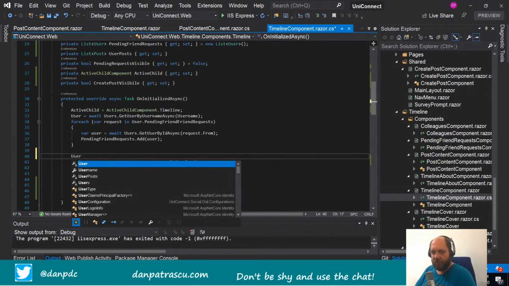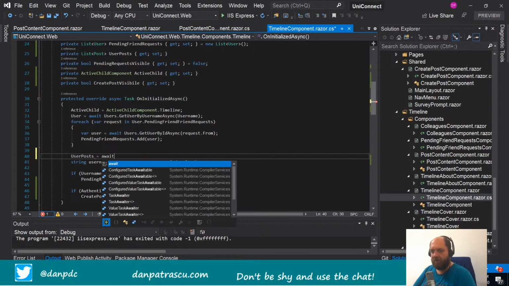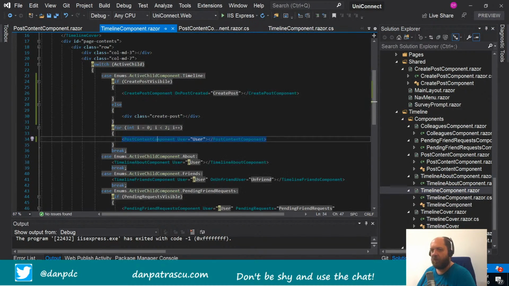So yeah, user posts equals await posts dot what was it, the get post by user ID async. And that's actually easy because we have the user and we just provide the ID of the user, and that should be okay. So right now we should have user posts,